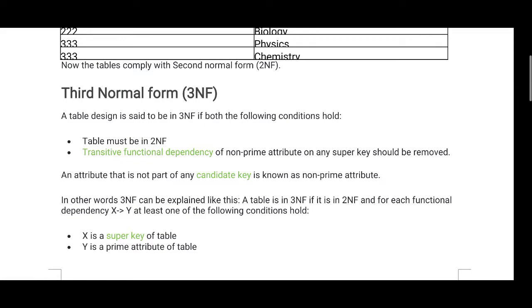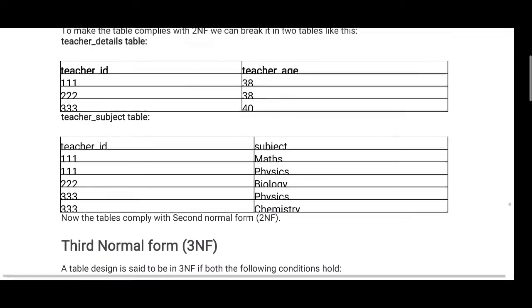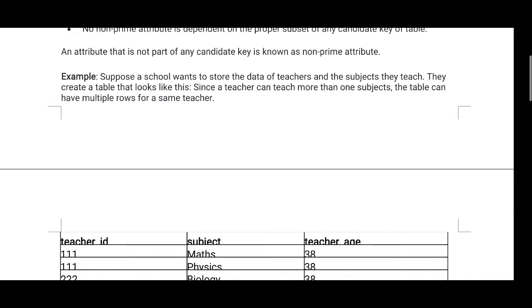What is a transitive dependency? Here we see the transitive dependency.